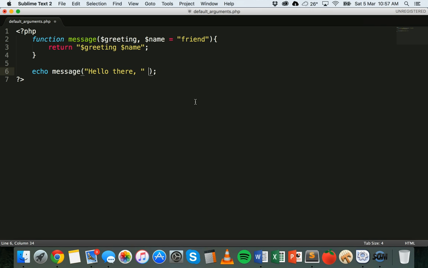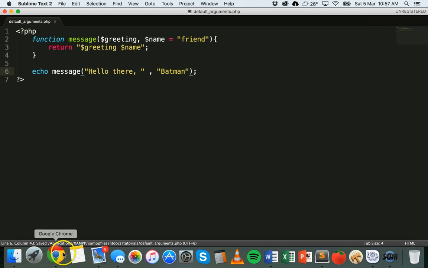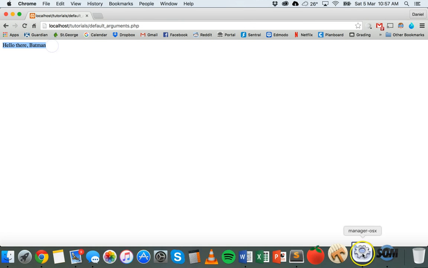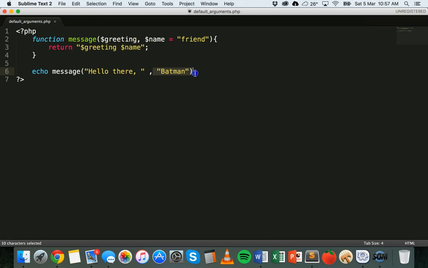Okay, but then if we come back here and we do put a second argument in here and refresh, then it will take that argument, hello there Batman. So whatever goes inside here as the second argument will override the default that you have for the second argument here. Okay, so we've got a default argument here which is used if no argument is given, but if an argument is given, then it will override the default. Okay,